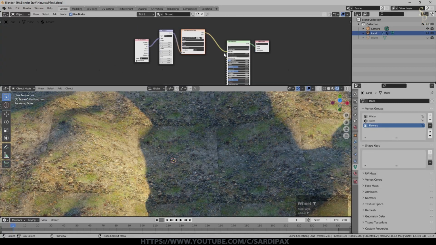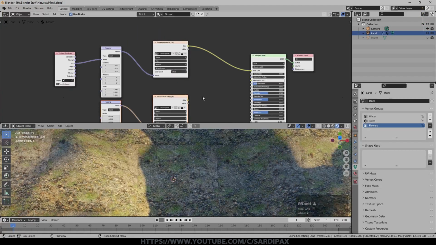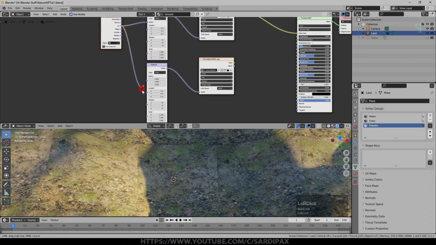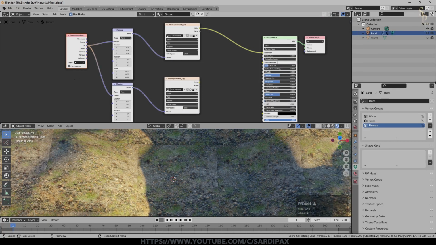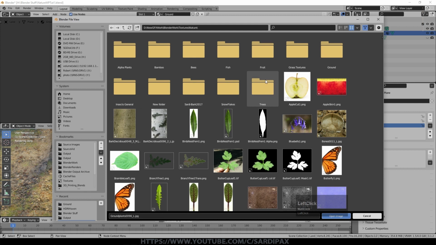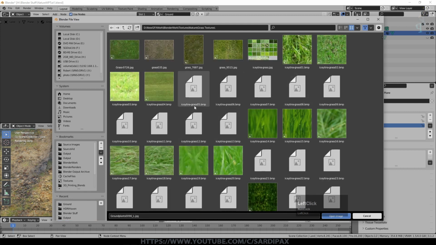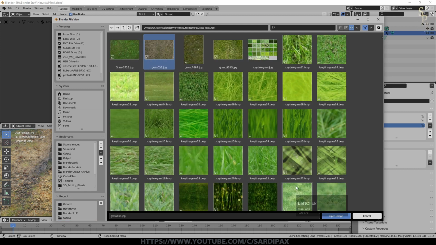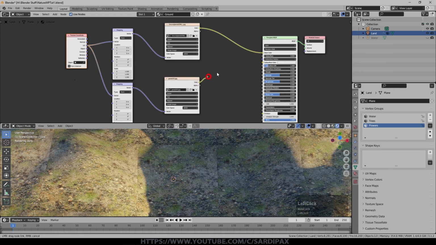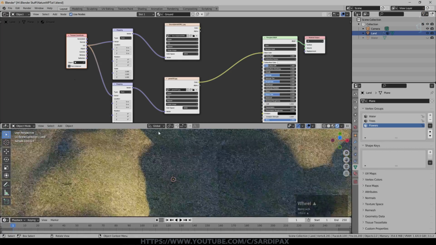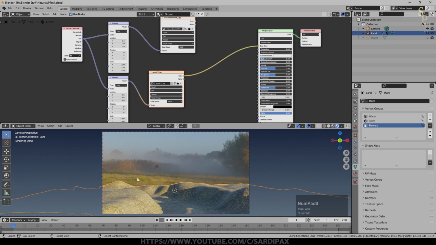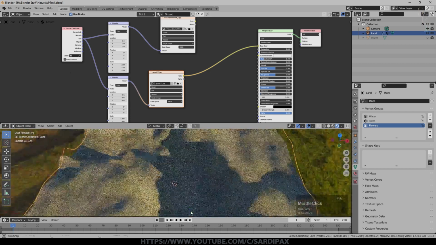So what I'm now going to do is add two more nodes. So we've now got another mapping node. I'll just take UV into that, and I'm going to change this one for a different texture, and we'll go for one of my grass textures. We'll go with this one, fairly brown grass. And if I plug that one in, you can see there it is. Again, we have the tiling issue. It's not too visible from here, and frankly, once it's covered in particles, probably wouldn't be that visible at all. But we can improve it nonetheless.